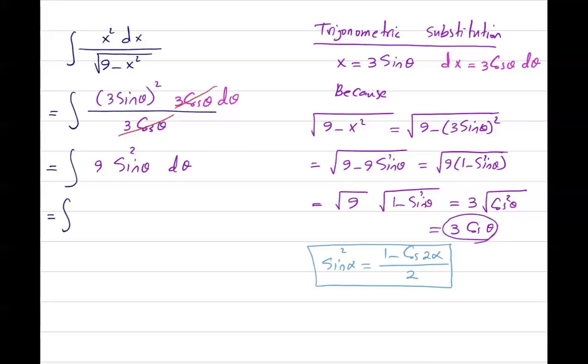You get the integral of 9 times 1 minus cosine of 2 theta divided by 2 d theta. Let's just write down 9 over 2 outside. What do you think, guys? 9 over 2, the integral of 1 minus cosine 2 theta